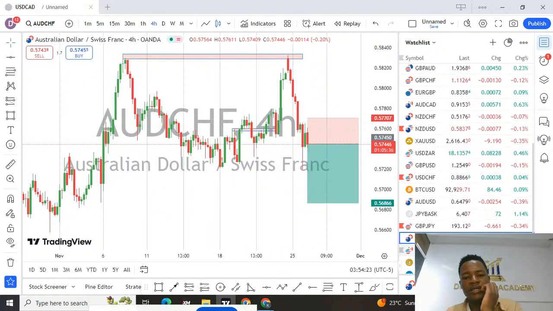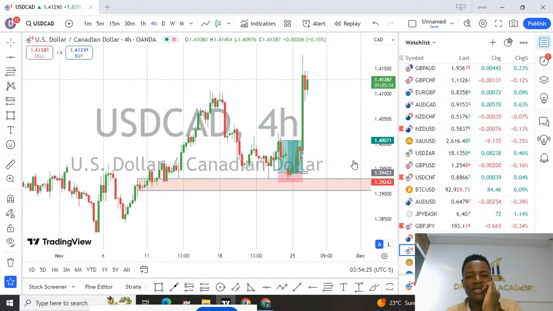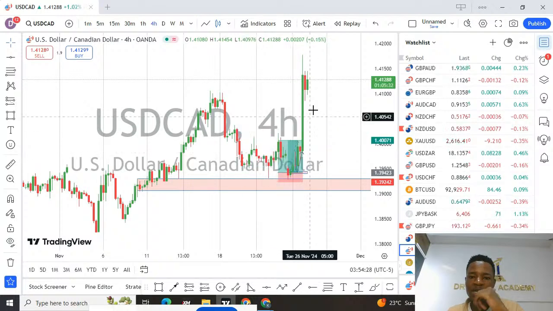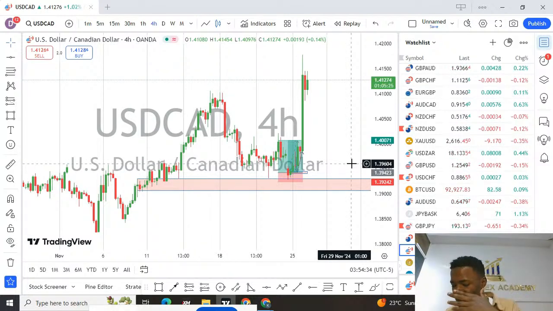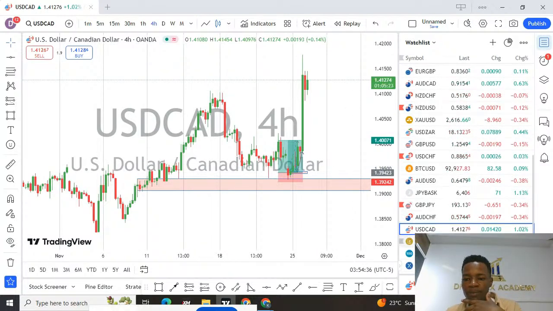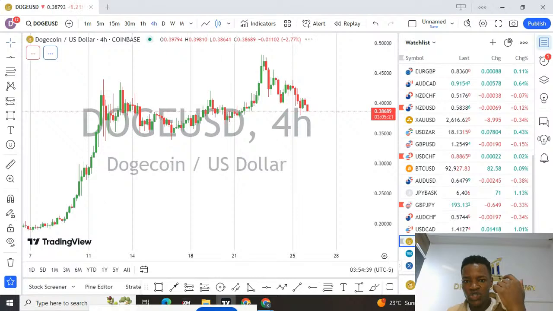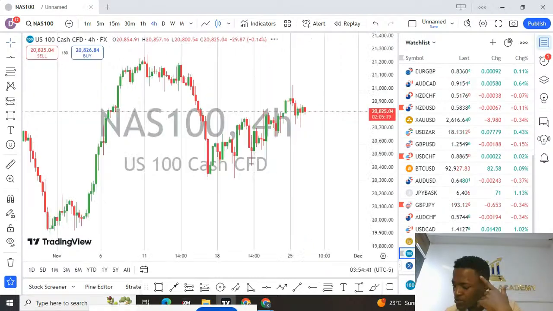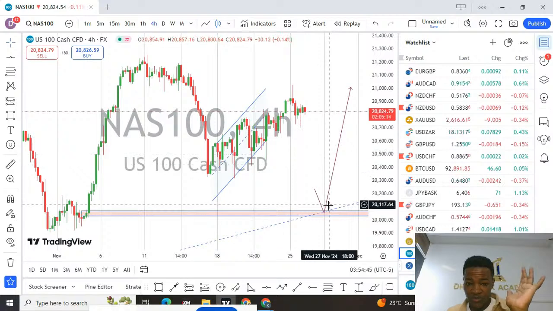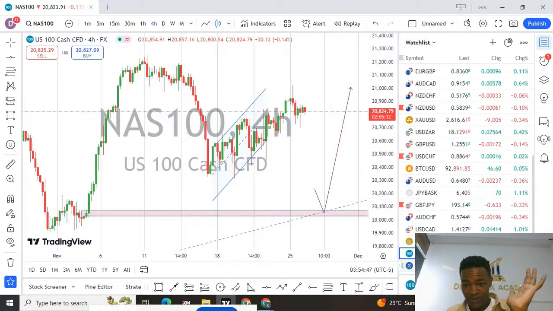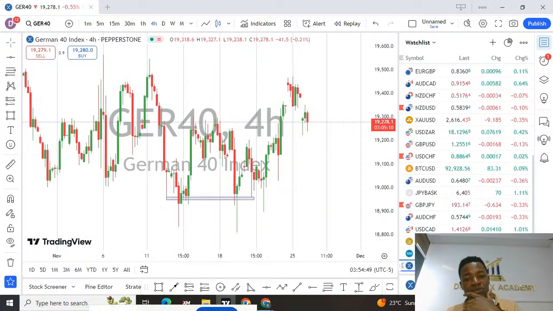And then USDCAD. We had this scenario yesterday surpassing our entries, but now I don't take your buys here. If you're still on USDCAD, you can hold because the overall trend of USDCAD is very bullish. And then Dogecoin, we don't have a view on Dogecoin and NAS 100. I saw someone commenting on NAS 100. The same case, we have been waiting for NASDAQ 100 to come back down here. And German 40, there's no view on German 40. Any pair we have seen, so we can conclude, guys.